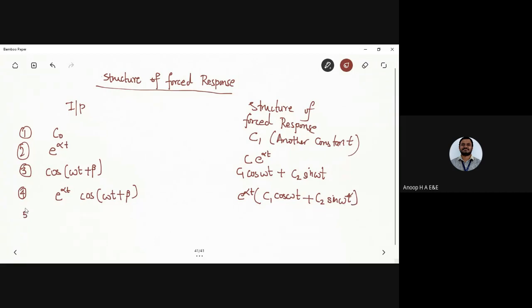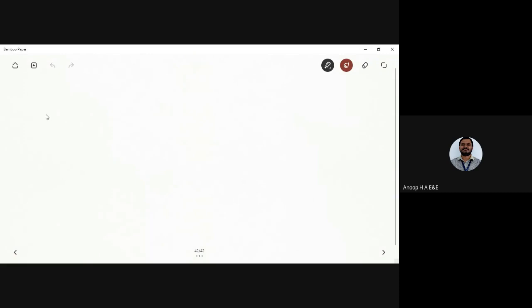And next, the fifth one, where we are going to have only one single term, that is t. One single term, that is t, which is a real and distinct type of root, if you can remember. And this one is more or less like a ramp signal. So t would be a ramp signal. I have c0 plus c1 into t. Got it? So next, the sixth one, the type of the input, t power p. If I have t squared, t cube.